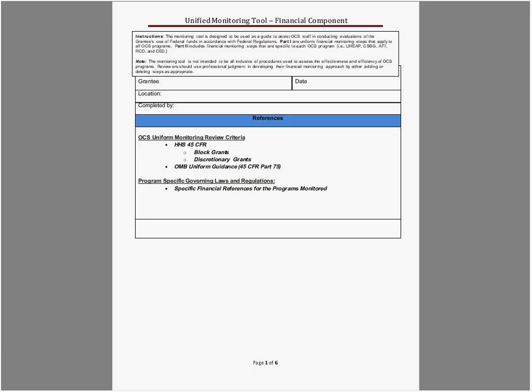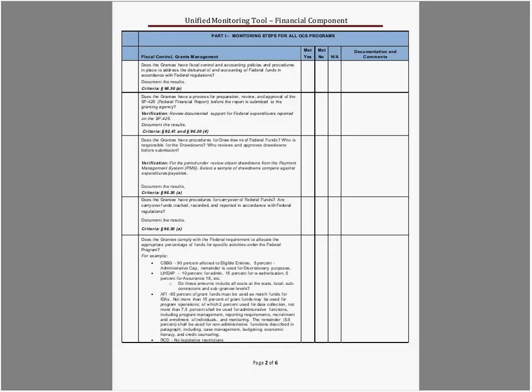I'm sorry, I'm thinking you had the monitoring tool. Okay, great. The part, as I indicated, talks about the financial controls. A lot of states already use a similar tool as well. Our tool captures information as it relates to fiscal control and accounting controls.